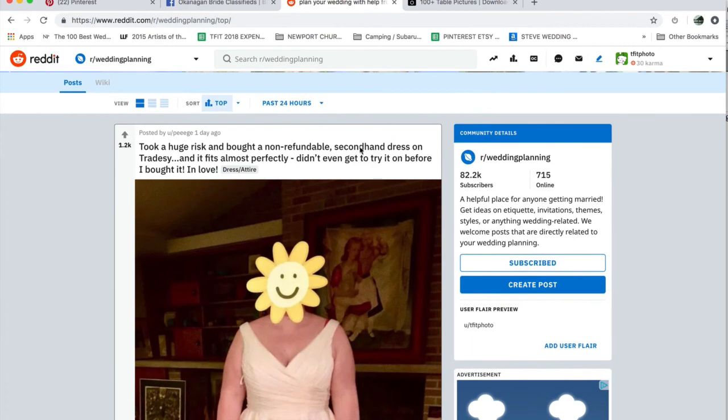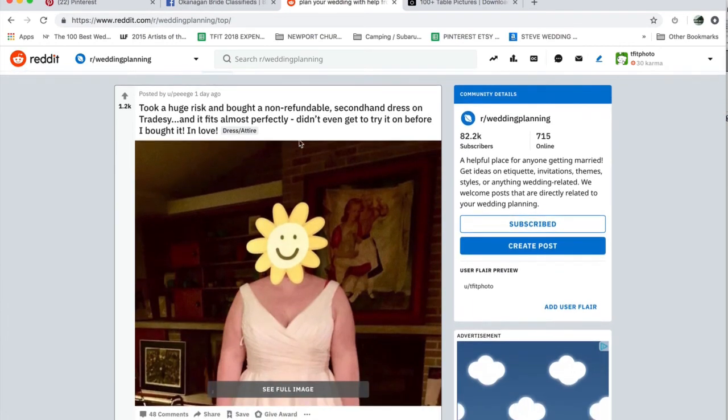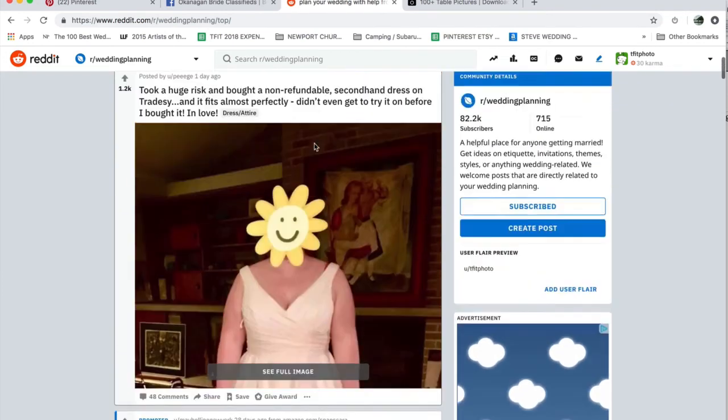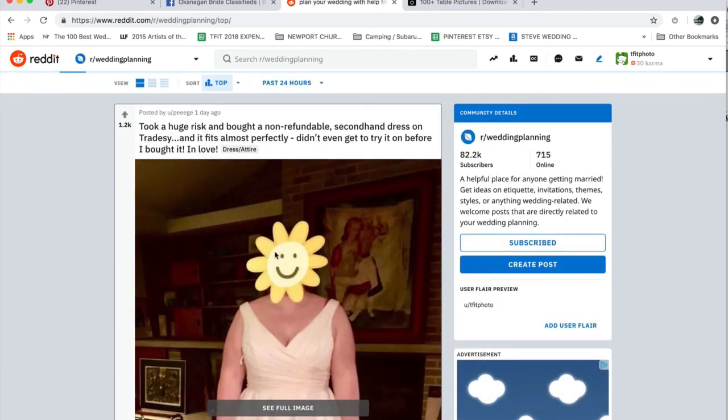Took a huge risk and bought a non-refundable secondhand dress on Tradesy. It fits almost perfectly. Didn't even get it to try on before I bought it. I'm in love. Okay, so could I make some kind of variation of this? I could do a post on thrift store dress finds, or I could do a post on how to find the perfect dress used, or how to save 90% on your wedding dress, and then I could post that in